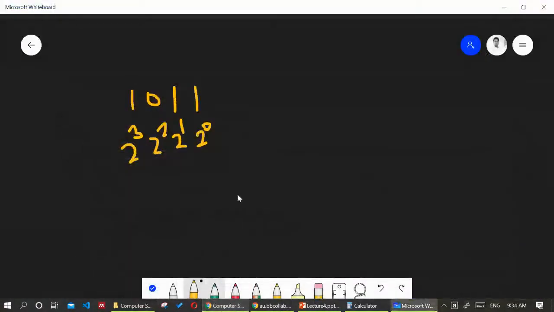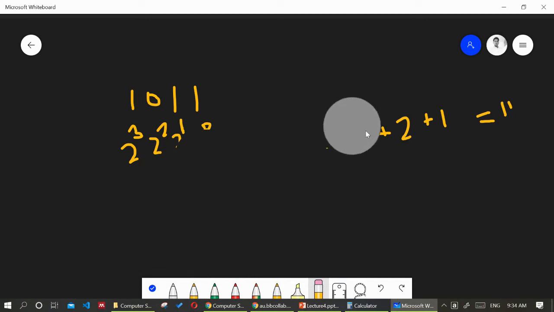Yes, Ishan, you are correct. So it will be what? It will be 1. I'm just writing up the sum. 1 into 2 will be 2, and this will be 0, and the last one is 8. So 8 plus 2 plus 1 will be 11. So in decimal it will be 11 if you are using binary or base 2. Fine, first one is correct for everyone.